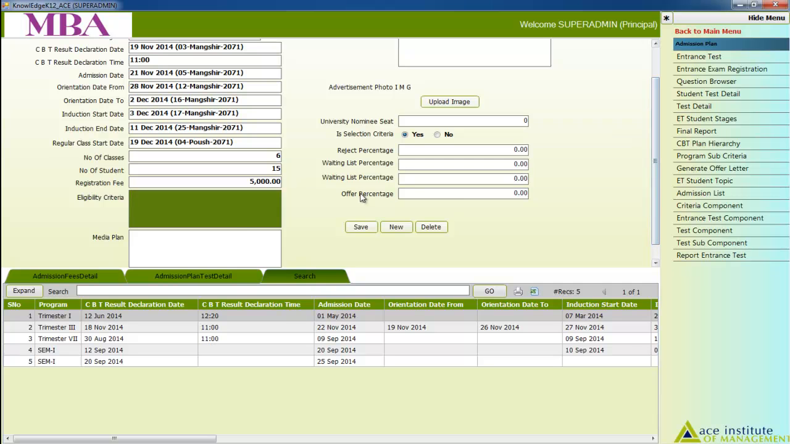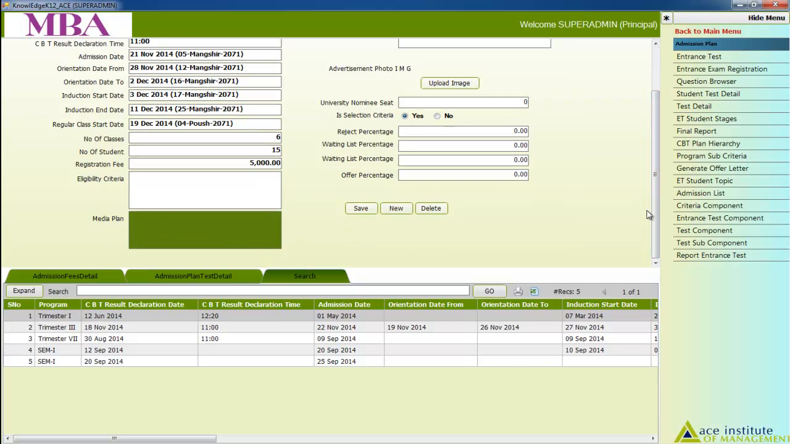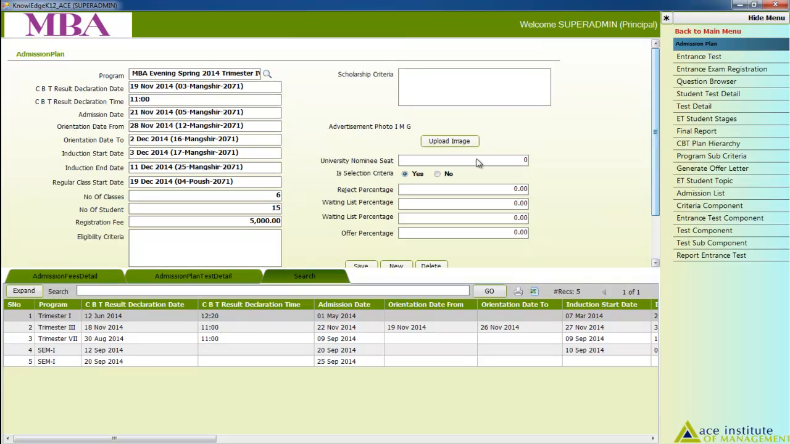Eligibility criteria. If there is any eligibility criteria we are going to mention, then write it here, otherwise blank it. If there is any media plan, then insert it, otherwise blank it. If there is any scholarship criteria, like scholarship will be available for